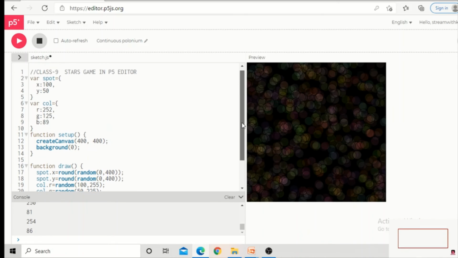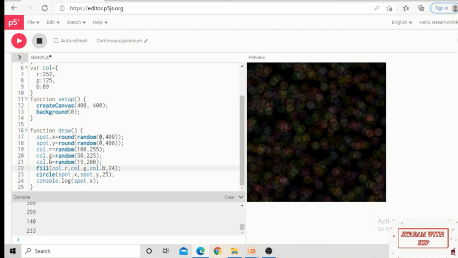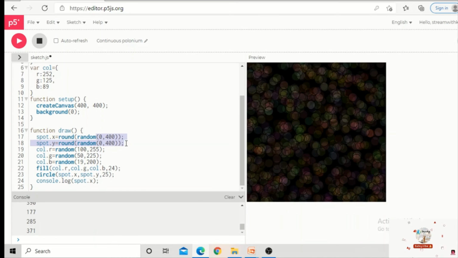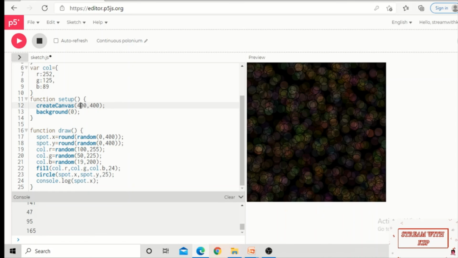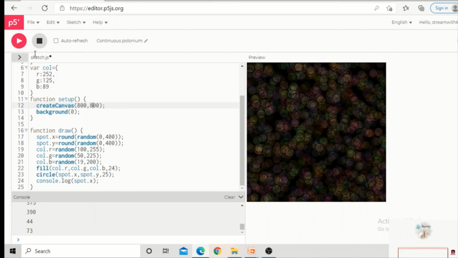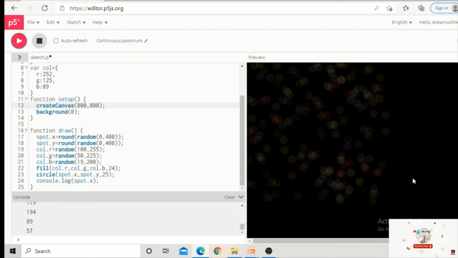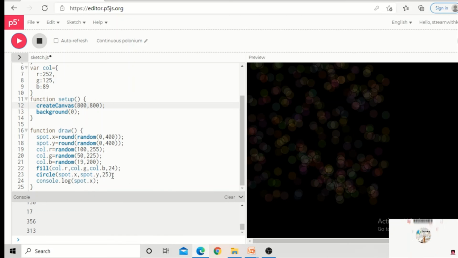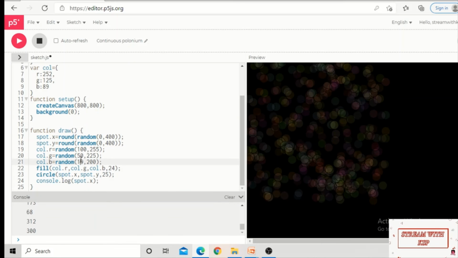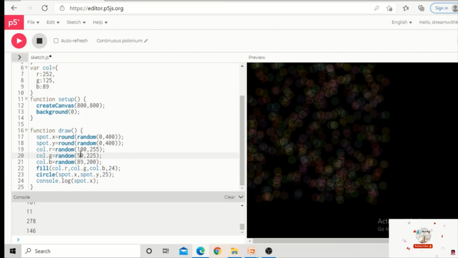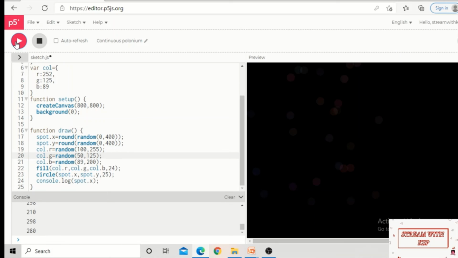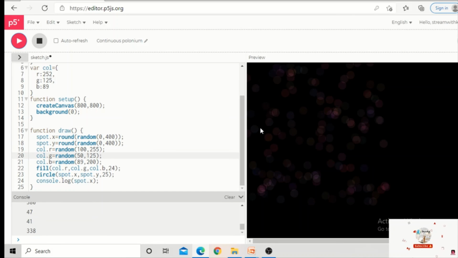Yeah, and I forgot one more thing. Actually, we displayed the x and y positions up to 400 and 400. But suppose for some time I'm changing my canvas size to 800, 800. Suppose what happened, you can see. If I click on the play button here, you can see only some part of the canvas the stars are displaying. Let me decrease the darker color. Yes, now you can see it is a little bit better.